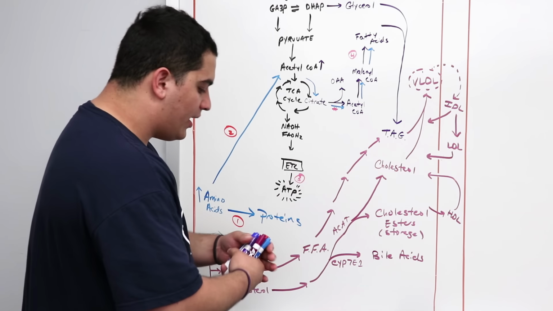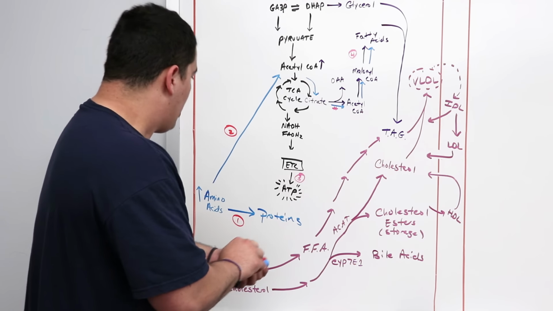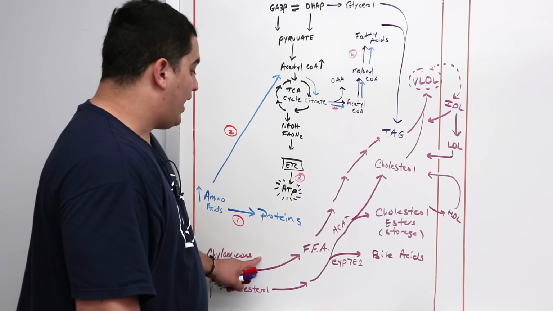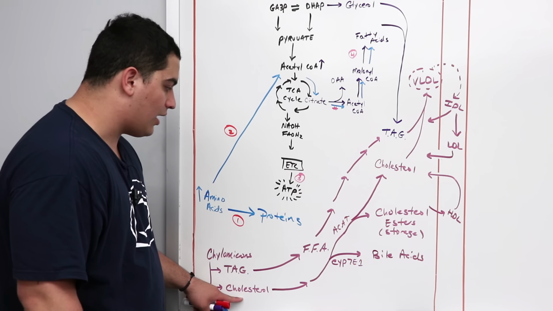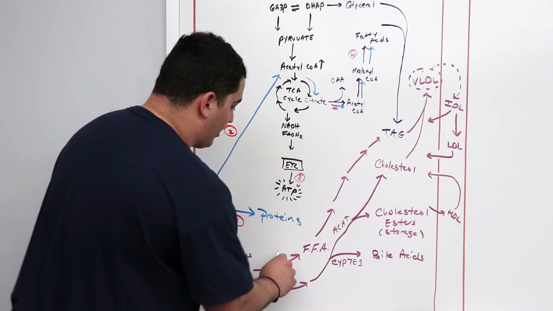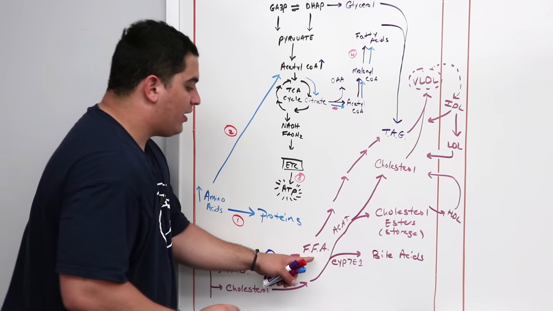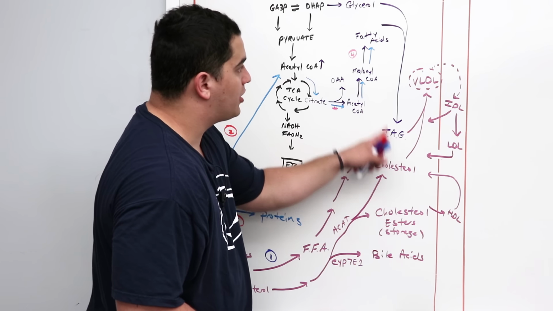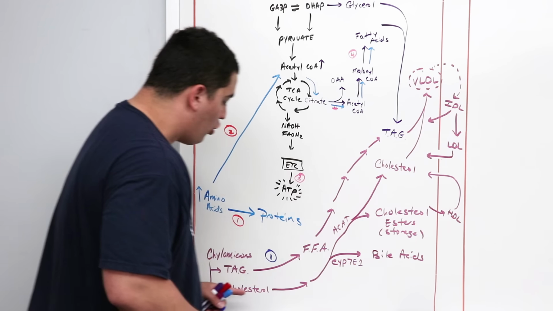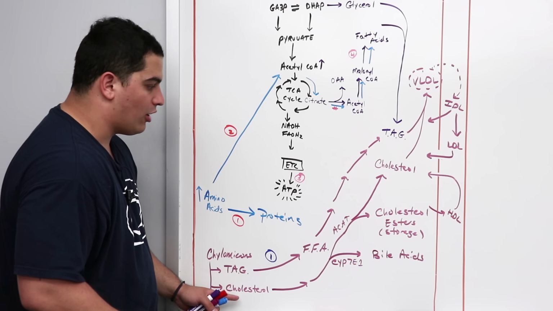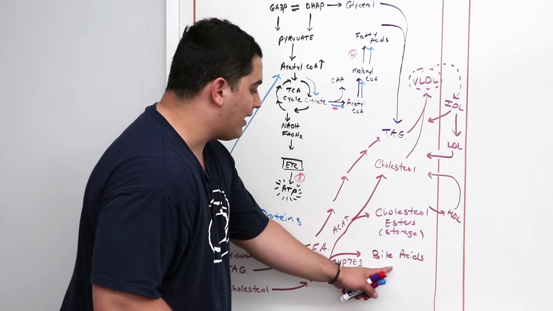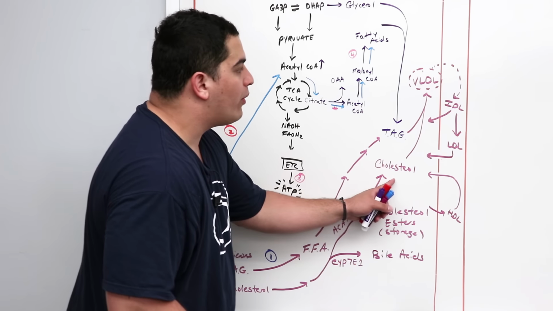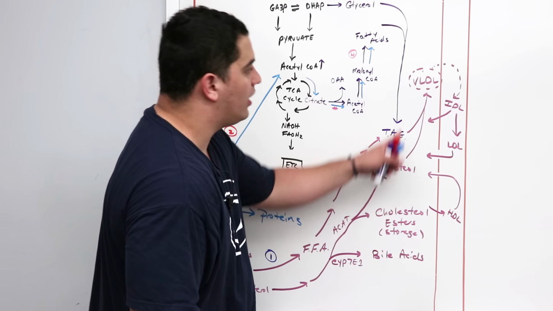Okay, so what are the big things that I want you to remember about the fat metabolism? One thing is I want you to remember that chylomicrons are bringing exogenous forms of triglycerides and cholesterol to the liver. The triglycerides, I want you guys to remember, we can have free fatty acids being formed. We can convert that back into triglycerides by combining it with glycerol. We also have the cholesterol coming from the chylomicrons. That can be converted into bile acids. We can convert it into the storage form of cholesterol, or we can incorporate it into lipoproteins, particularly